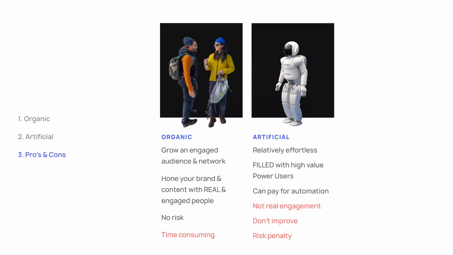When it comes to the pros and cons, with organic, you're growing an engaged audience network. You can tap into that network of people who you're talking to. Let's say you're selling power tools. You find a Facebook group of do-it-yourself moms, and you post content to help them create a better home or a better kitchen or a better living room, whatever it may be. By creating amazing content constantly, they're going to be much more likely to start following your content regularly, and they'll actually become one of your actual followers, right?